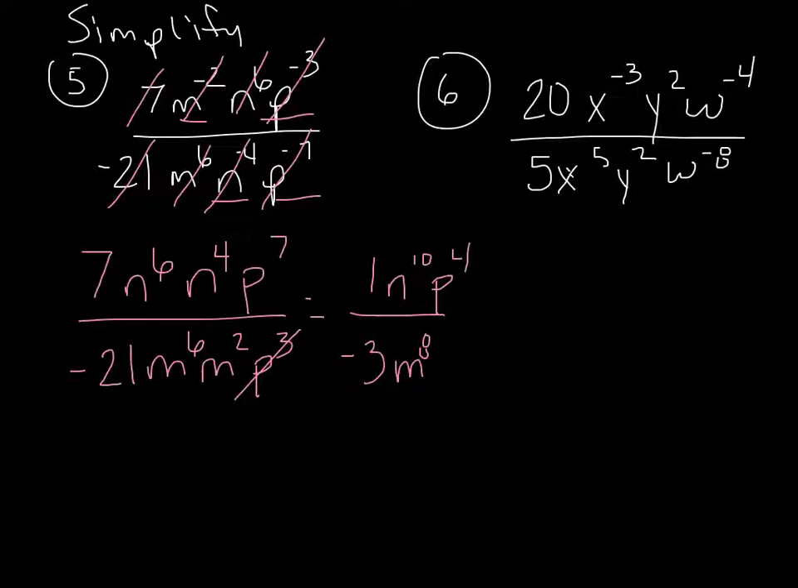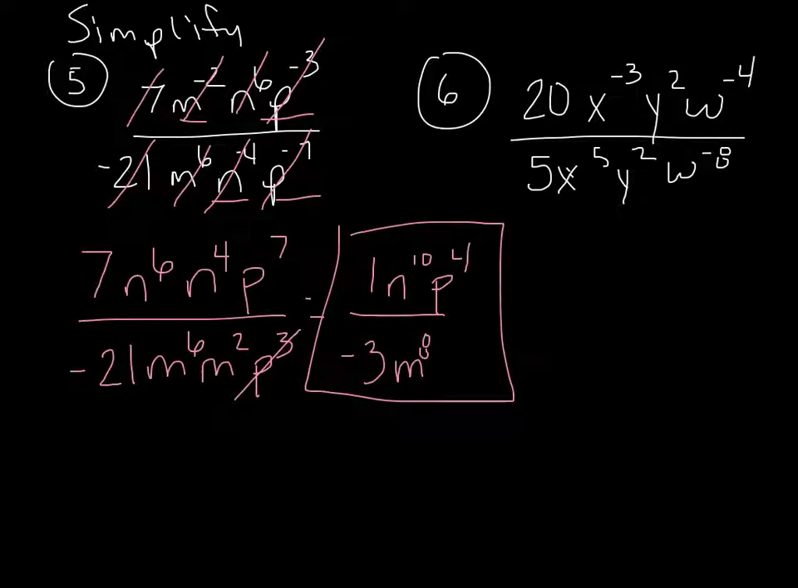Okay, so you want to make sure at the end, number 1, you don't have any negative exponents. Number 2, you don't have any zeros. Number 3, you don't have multiple letters. In other words, you don't have 2 different m's in separate places. You need to make sure you put every letter together. And that's your answer. Okay, number 6, 20x to the negative 3, y to the 2nd, w to the negative